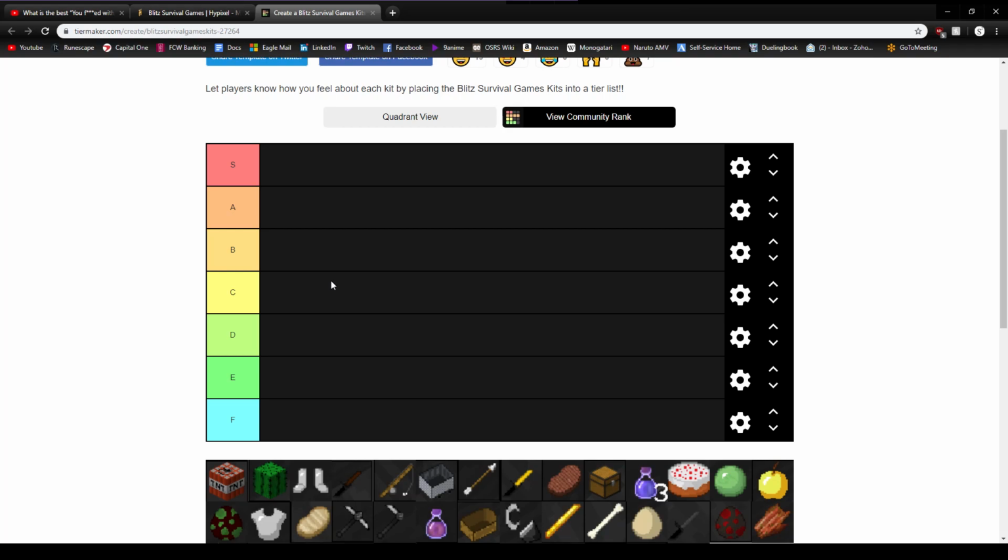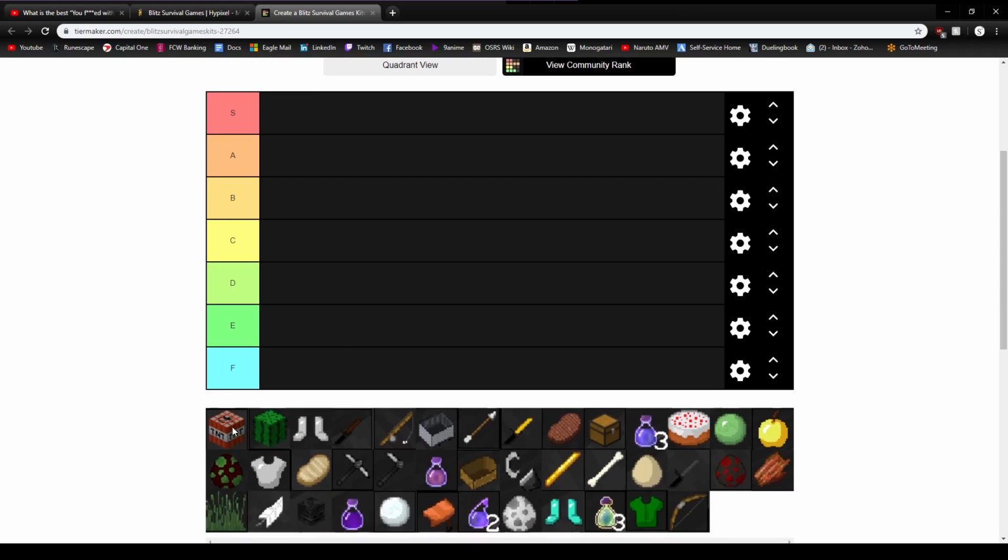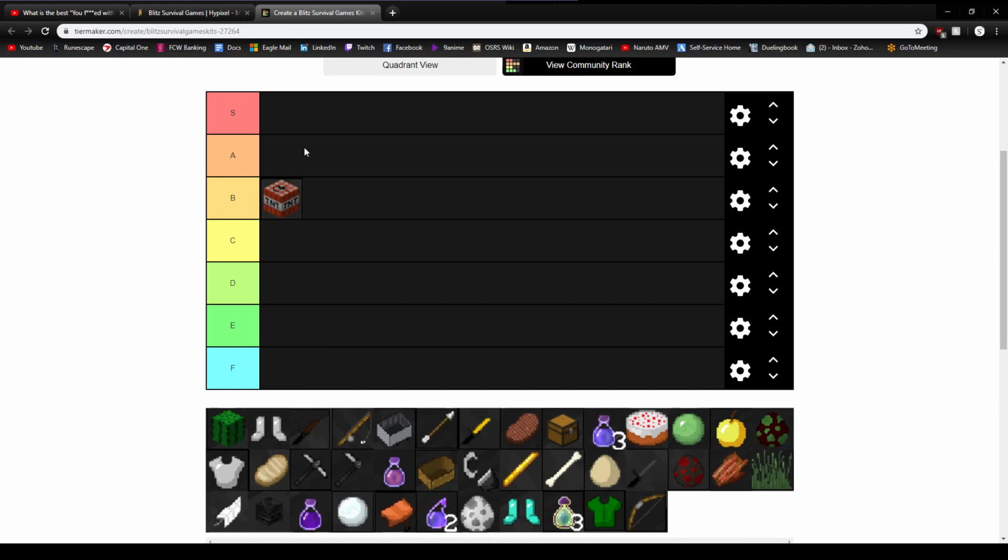All right, I think I'm going to go ahead and get started then. I'm just going to go through the kits in the order that they're on here. So the first kit is Creeper. Now, Creeper gives you gold legs instead of prot leather. It's pretty good, but I think Creeper's still B tier. No Iron Sword. The utility is strong, but not like...